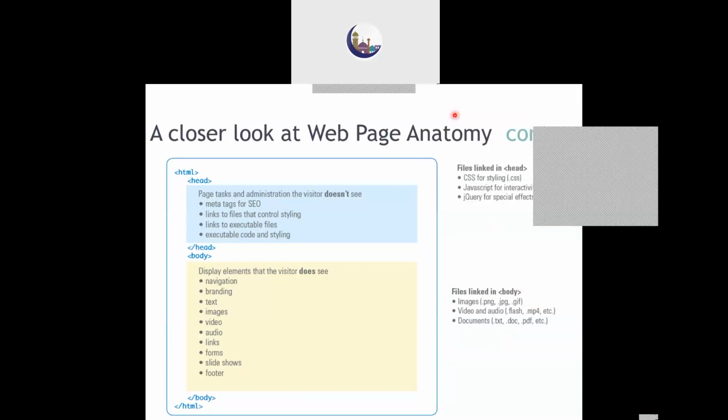So now that we have gone through the brief overview of our web page, let us try to understand the coding behind that web page. Whenever you want to write any web page, it's an HTML document. HTML is a language which is composed of various tags.